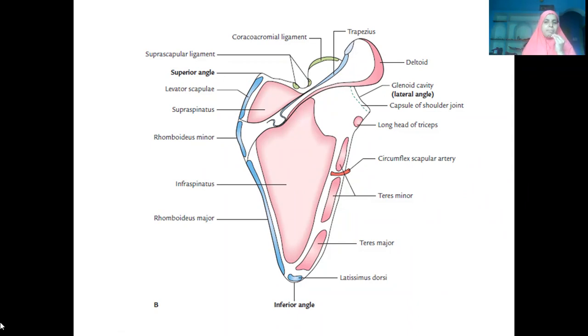Now let us summarize the origin of deltoid: the anterior border of the lateral one third of the clavicle, the lateral border of the acromion process of the scapula, and the lower lip of the spine of the scapula. These are the points of origin of deltoid. Where is the deltoid inserted? On the shaft of the humerus, there is a bony elevation called the deltoid tuberosity. Okay, so the lower lip is over.